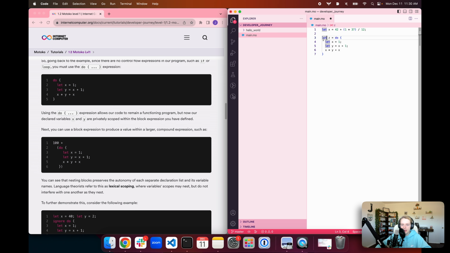And the reason that we put it into this do expression is that it allows our code to remain a functioning program, but now our declarations of the values x and y are privately scoped within the block expression. So that means that you can define x and y in different portions of the code outside of this block expression. Now we can also elaborate on this further, and we can make a larger compound expression by starting with